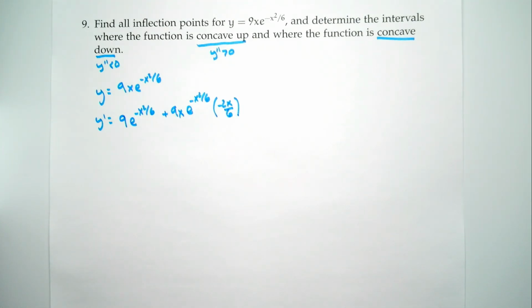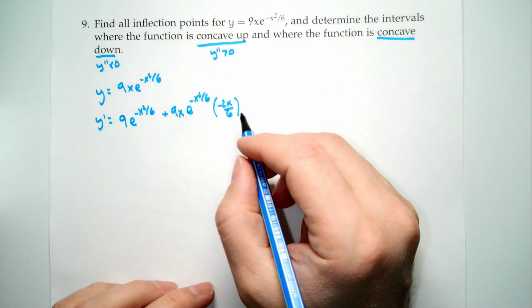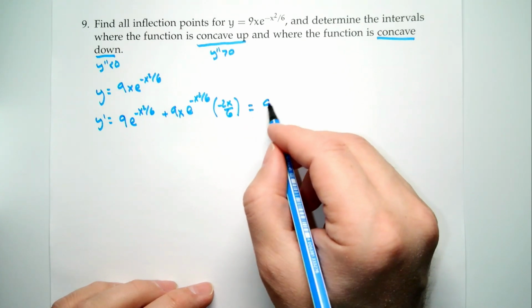Let's clean this up. Now, the reason I say we should clean it up is whenever you have to do something with the derivative, you should clean it up. If you have to evaluate it, don't bother cleaning it up, just evaluate it. But if you have to do something, and an example of something is finding where it equals 0, or maybe taking a second derivative. So, since we do have to take a second derivative, let's see,